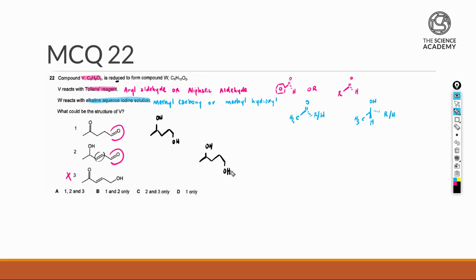So we want to make sure that the structure W is able to react with our triiodomethane test. We have a methyl alcohol over here, and over here we also have a methyl alcohol as well. Just to take note, the one on the lower right side of the structure will have no positive test because there's an absence of a methyl group. So for option 1 and option 2, that will be the answer I am looking for. So the answer will be